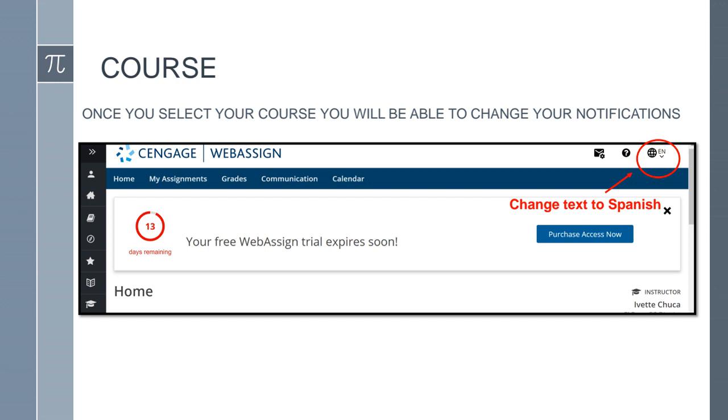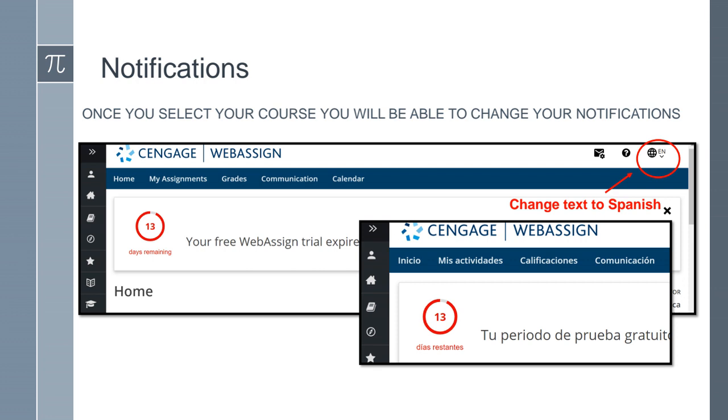Okay, let's say that you feel more comfortable, since we're in the border town here, reading the information or the tabs, everything in Spanish. You are able to change that. And again, you just go into that right hand corner of your page where there's a little circle like a world, and then you scroll down to change the language.